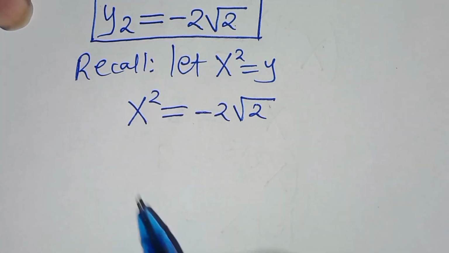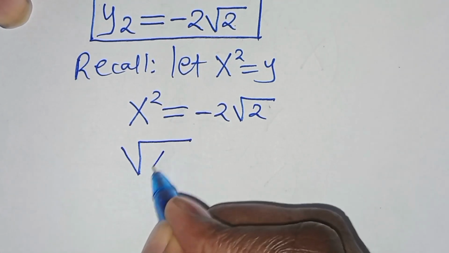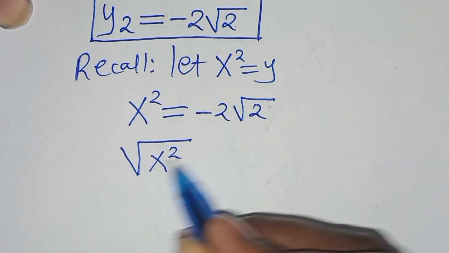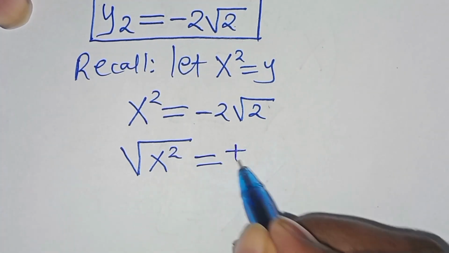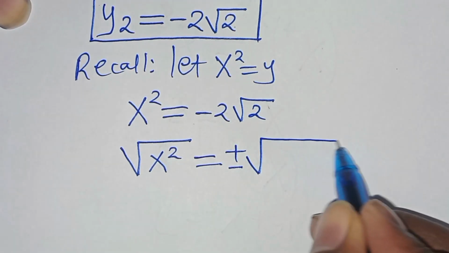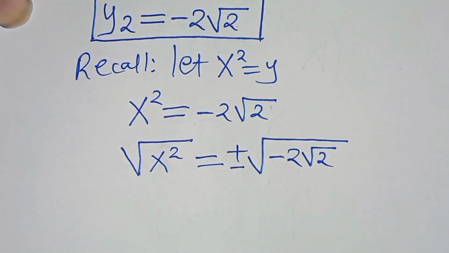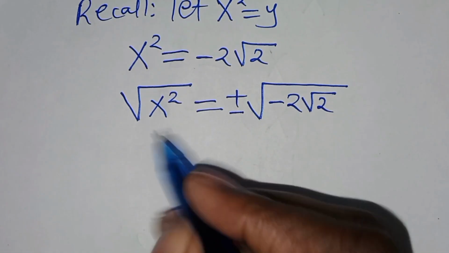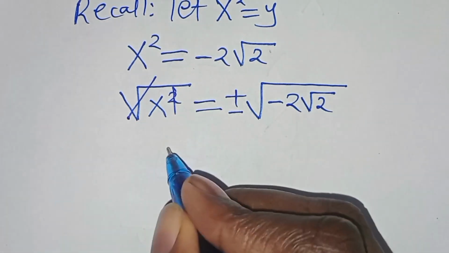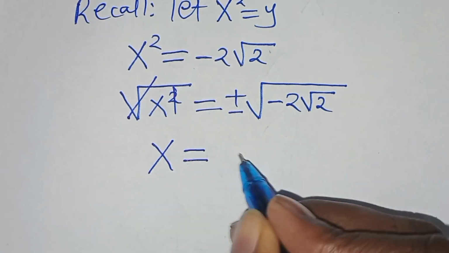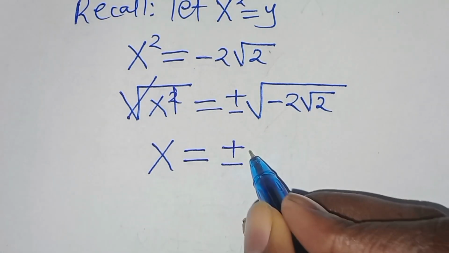Now to solve for x here, we introduce square root on both sides so that we'll have the square root of x squared equal to plus or minus the square root of minus 2 square root of 2. So we eliminate the square root sign here so that x is equal to plus or minus the square root of